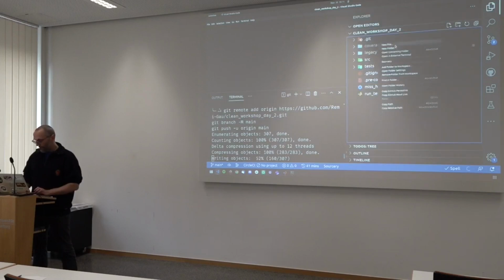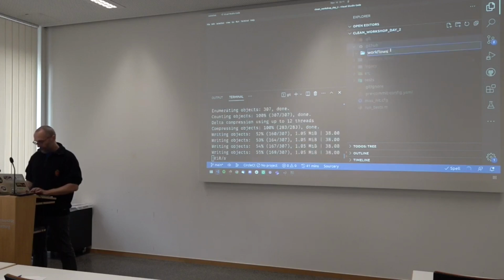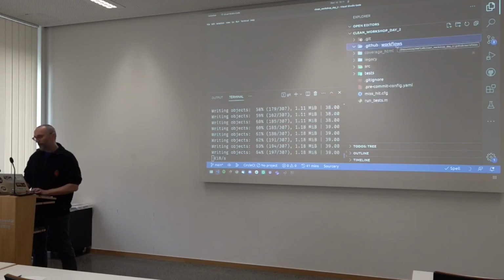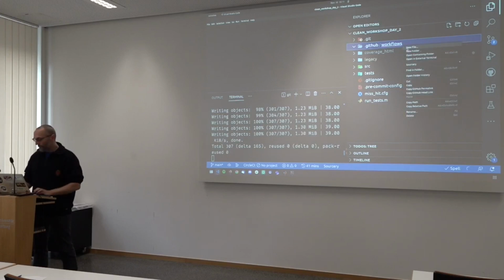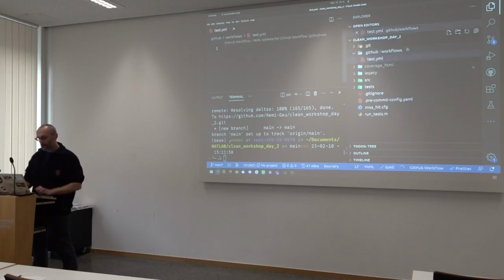So I'm going to create a .github folder, and in there I'm going to create a workflows folder. This is where you're going to put each of the things you want to automate in GitHub, right? And all of those have to be in a YAML file. So let's say you want a YAML file where you define how you want to run the tests.